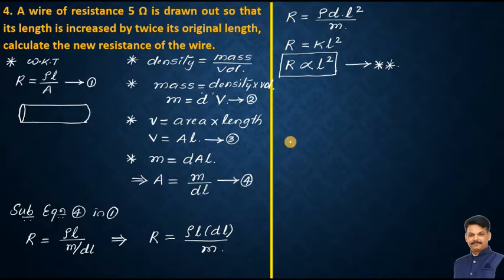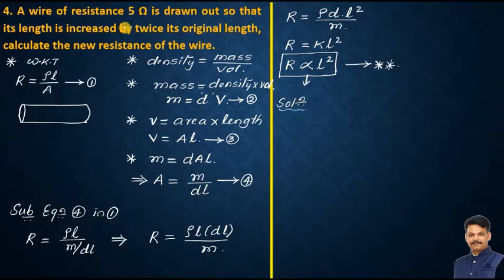Very quickly you can find the answer. Is it clear? So here we got one very important relationship between resistance and length of the wire. Using this relationship only, we are going to solve the problem now. Right? So whatever I have discussed up to this is for the purpose of your knowledge. Okay. Now the actual solution begins.